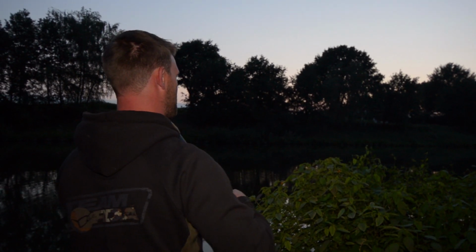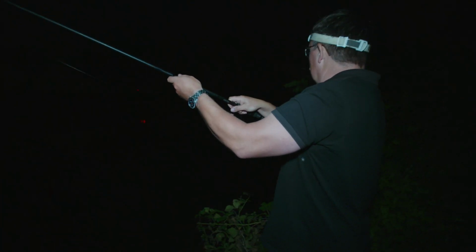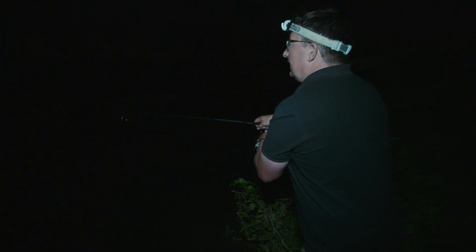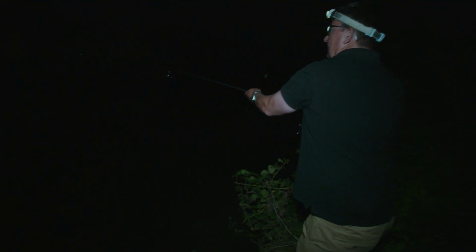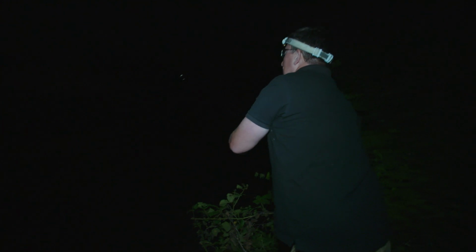all around the canal, miles apart, didn't see anything show, and we sent one of our crew down here, Elliot, who's an angler, to look at this area again. We've not seen anything here during the day, even in the hot weather. There've been no fish cruising, and